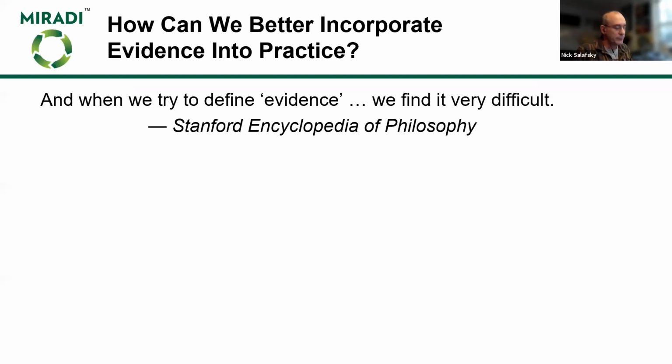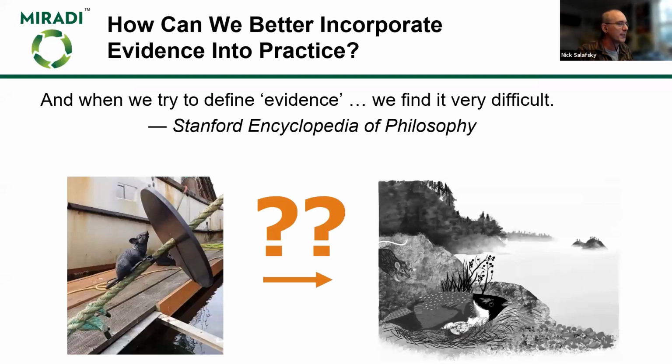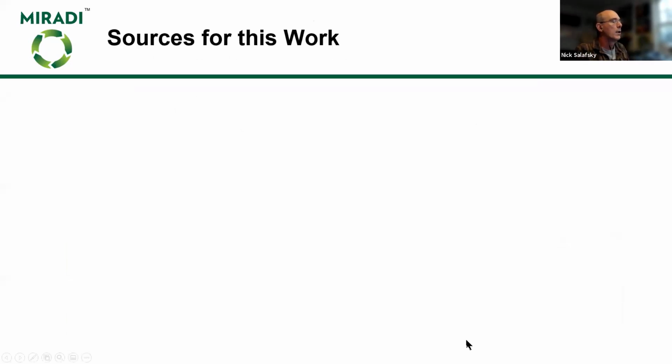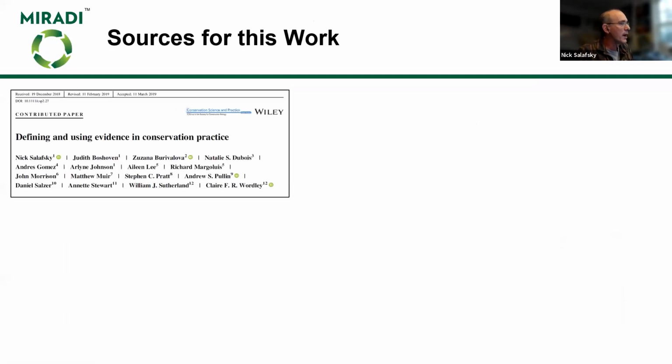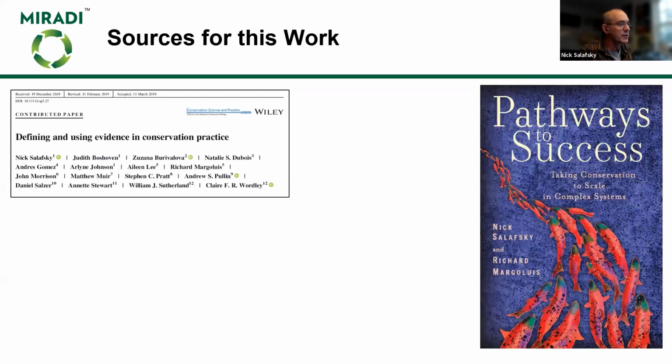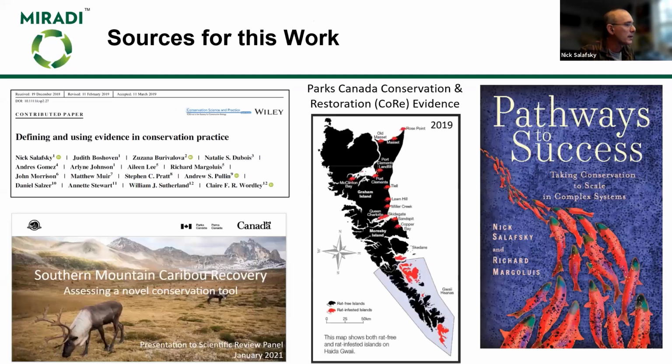A lot of this has to do with evidence, and evidence is one of these things that people kind of struggle with. What is the evidence, for example, that we have a rat that might be affecting our seabirds? And will those boat barriers actually lead to improvement of the health of the seabirds that we care about? So there's been a lot of thinking. There's a paper that CMP published, there's a book that's coming out that I've been working on, and then some work with some of our partners in Parks Canada, thinking about ways of bringing